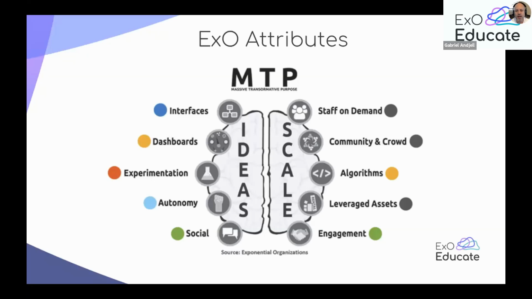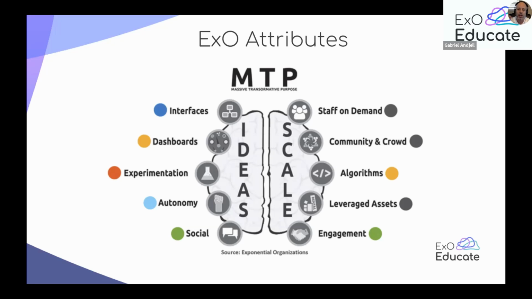The first one is staff on demand. The idea of staff on demand is how I can get the talent that I need. We definitely can't hire the best and most expensive talent around the world, but we can contract them to do some type of work through staff on demand. So we're going to talk a little bit about some tools we can use to really grab that talent that is outside, and we can use that talent.